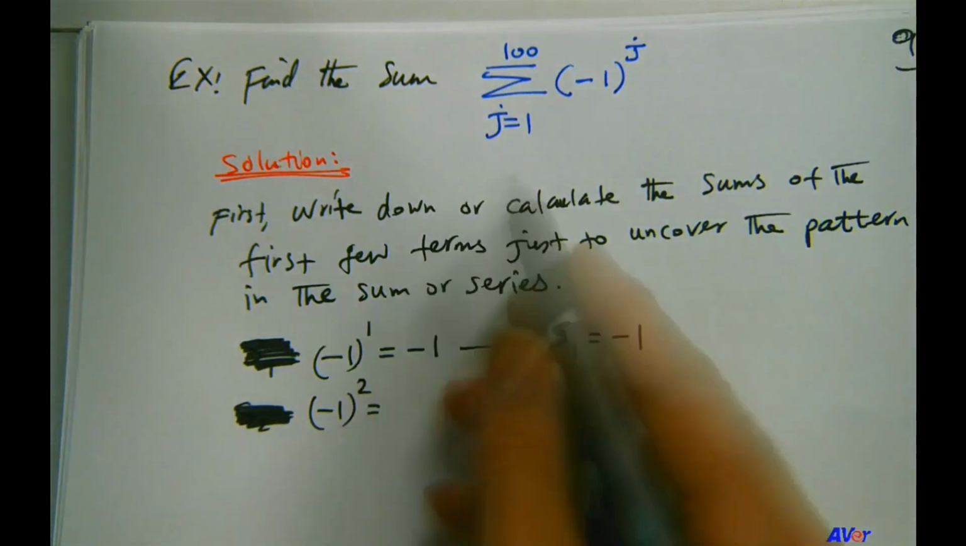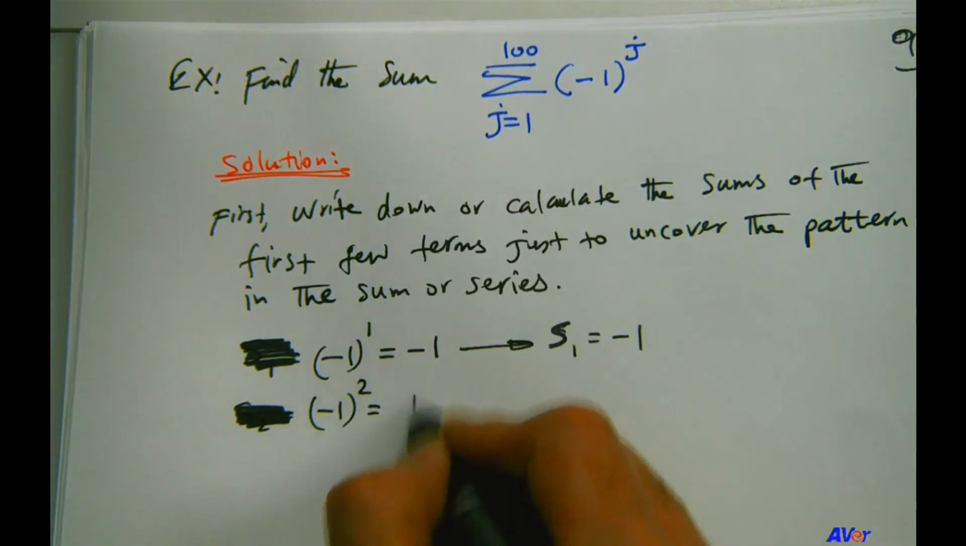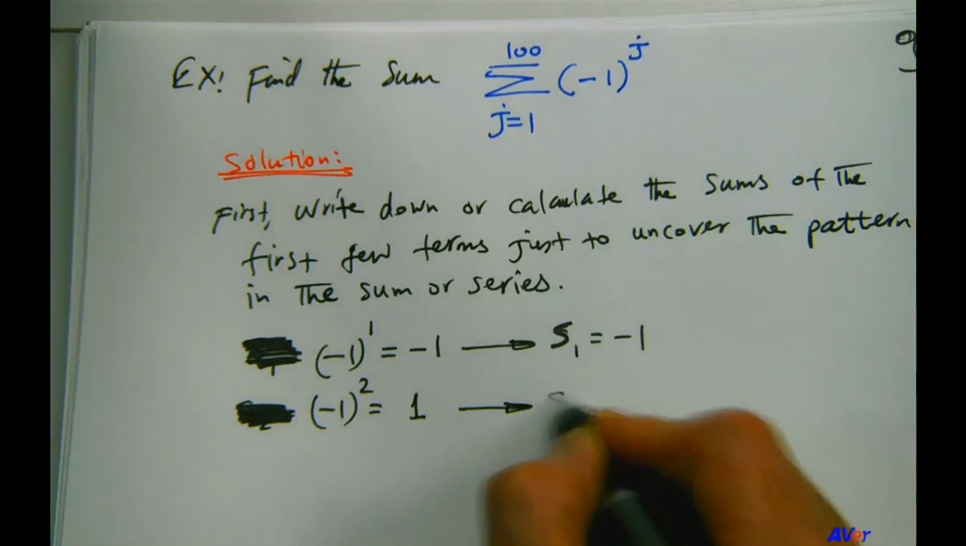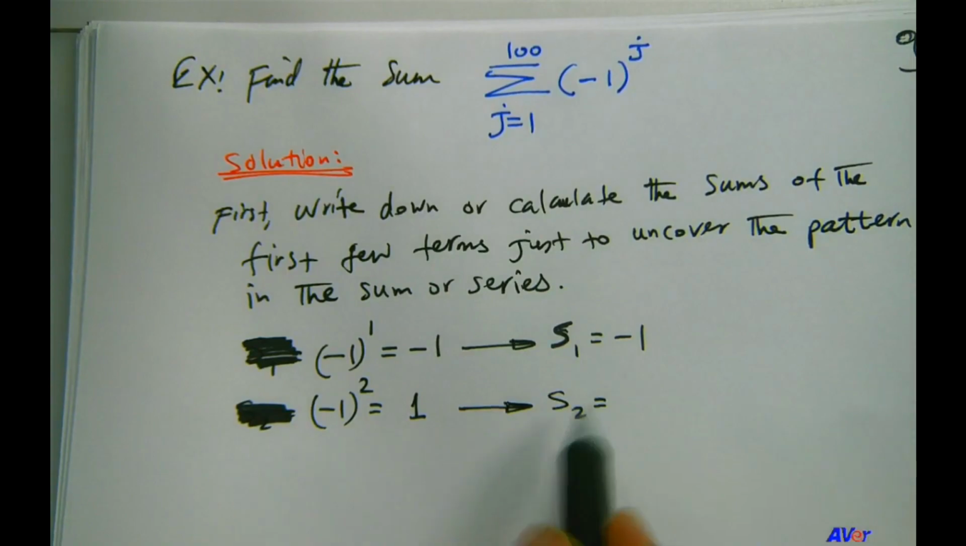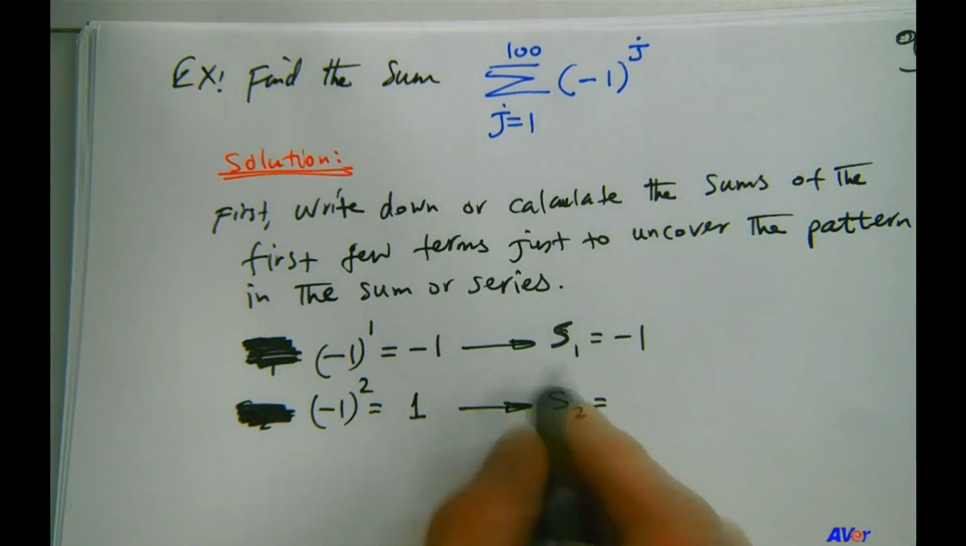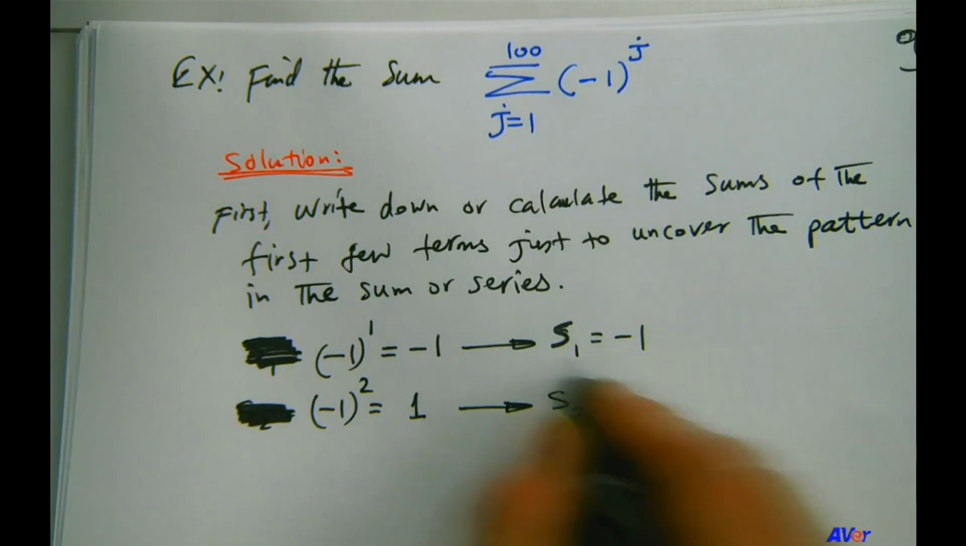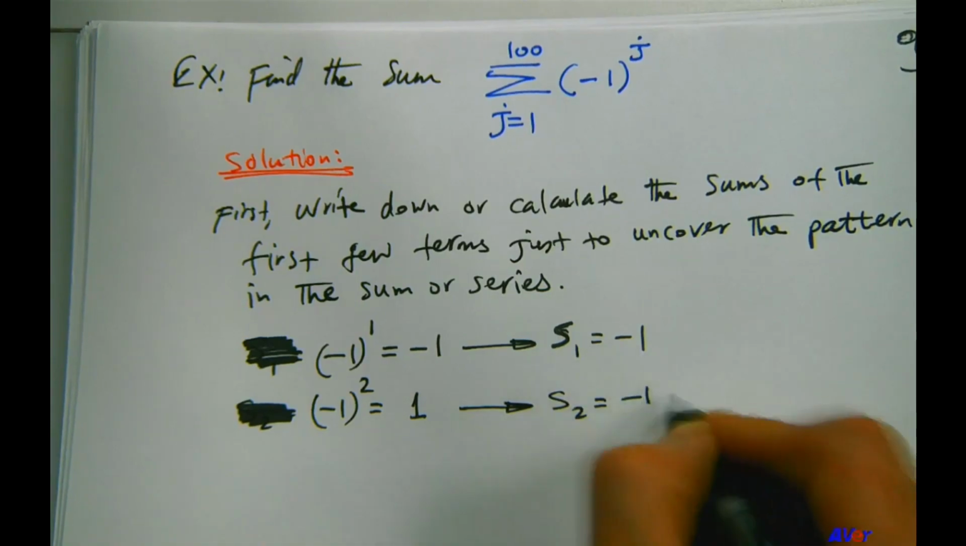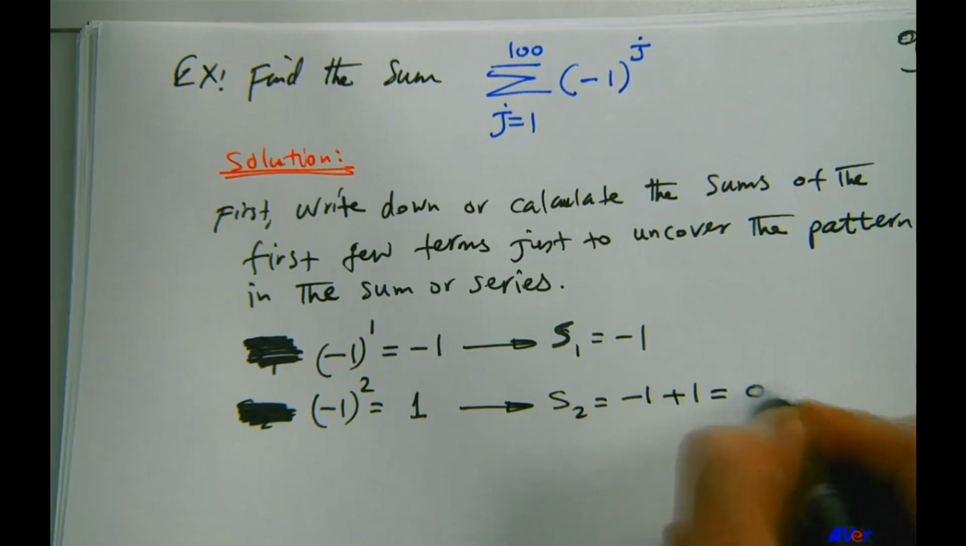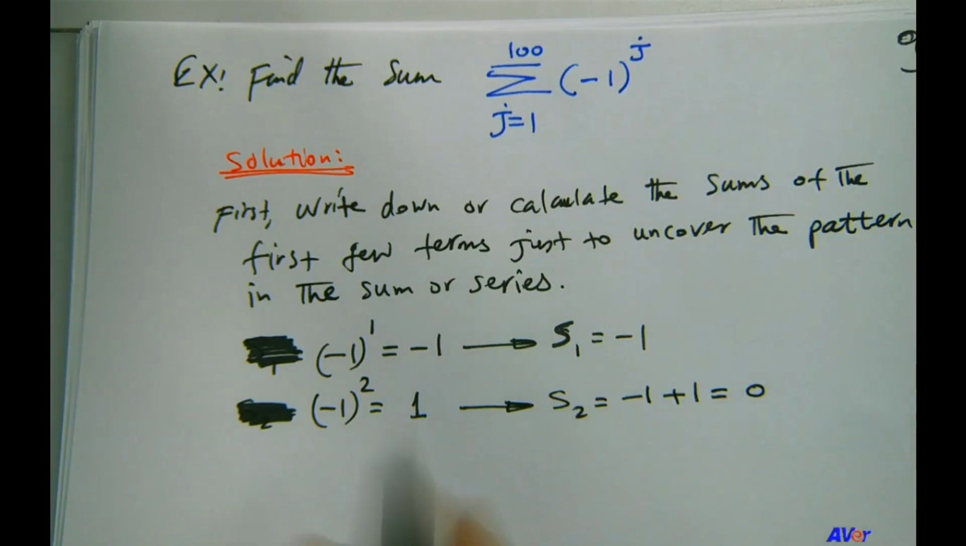Then minus 1 squared is going to be positive 1. Therefore, S2 is equal to S1 plus 1, right? S2 is equal to negative 1 plus 1 equals 0, right? So for J,